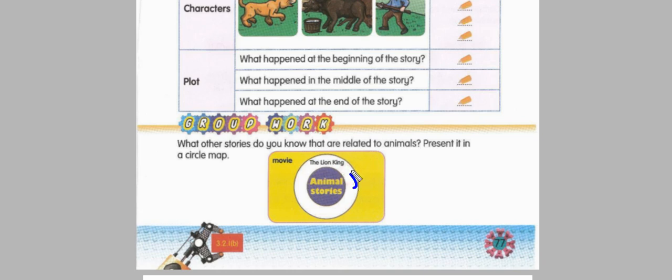The Jungle Book. Okay, The Jungle Book. It's a great movie. Also about animals. Okay, the main character is a boy, Mowgli, but the rest of the characters are animals. So Jungle Book. So what else? I want you to give me at least one, two, and three other animal stories from a movie that you can find. You can Google it if you want, or if you already know, just write this down.